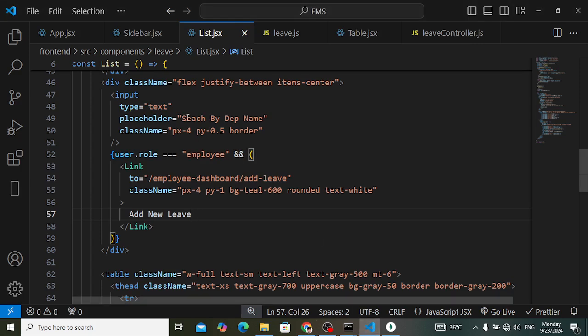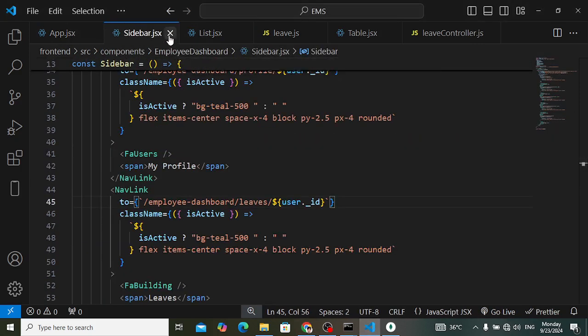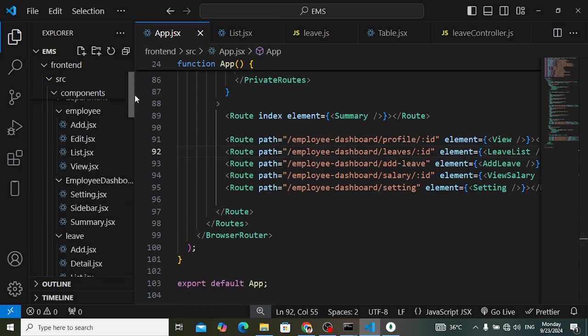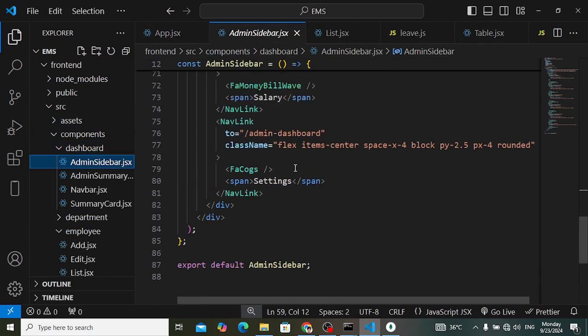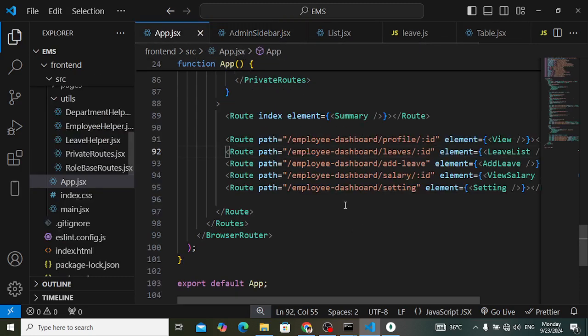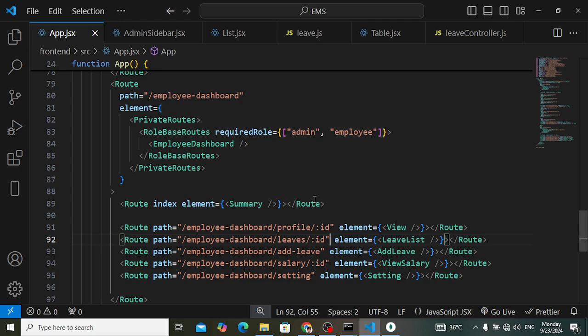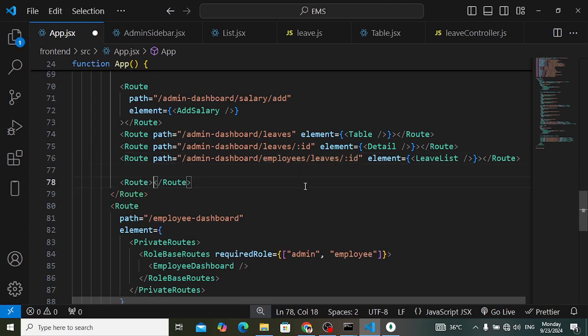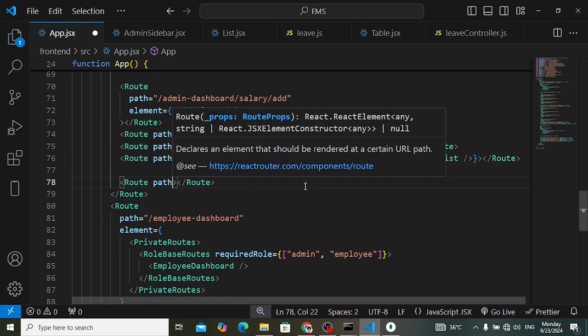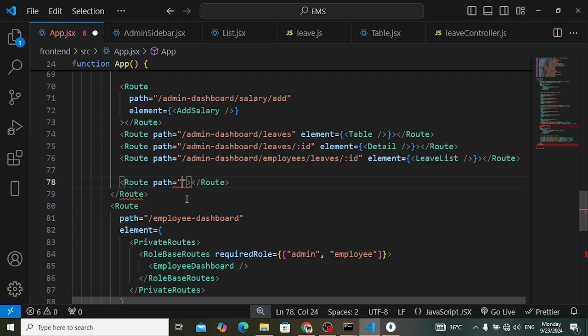So for the setting, I will just come here to the sidebar, admin sidebar. We completed the setting per employee, okay, in the last video. So I will just copy that component. Let's go back to the setting. So whenever I click on this admin dashboard slash setting, so we have setting component, then I will call that setting component. Let's write a route. /setting,